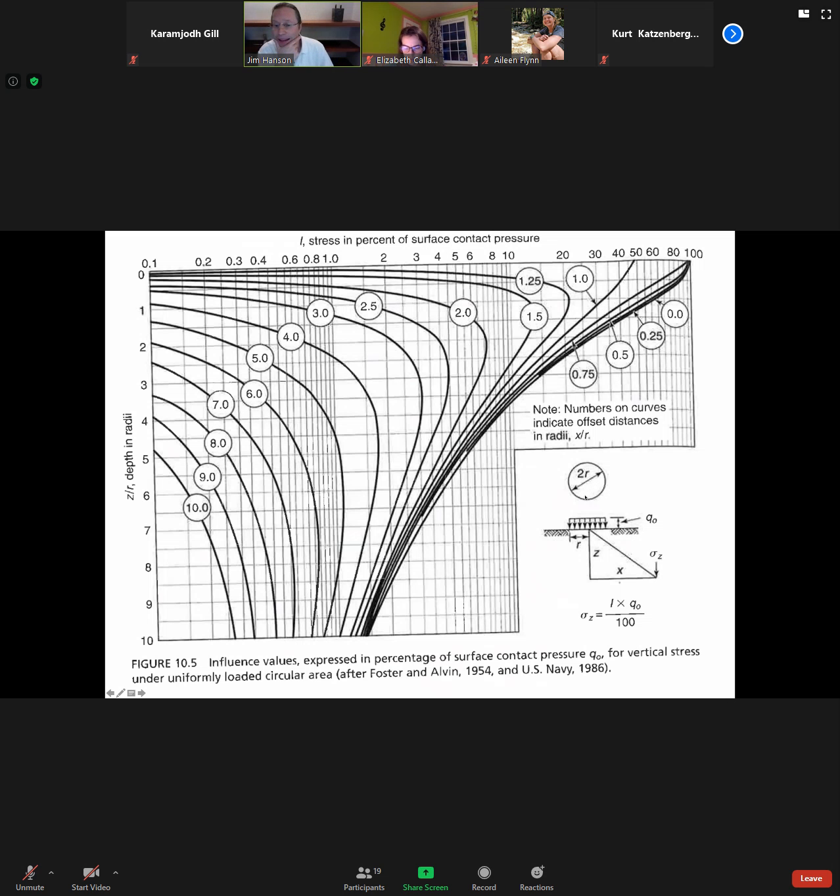This is a version for circular loaded areas. So it's an identical kind of solution in terms of having an influence factor result. In this case, the influence factor is across the top, and the two values here are going to be x over r for an offset, those are in circles, and z over r, the depth identified in radii shown here. So this works identically to that and allows you actually to get outside of the footprint of that circular loaded